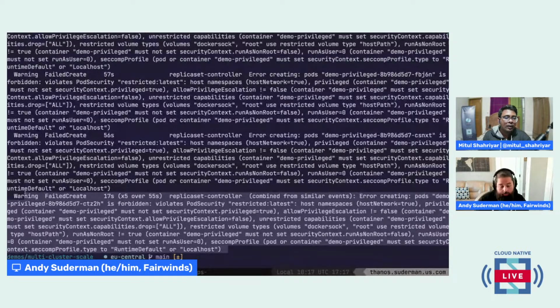The downside here is there are no exceptions to this. Once you've labeled that namespace, you can't write an exception that allows a deployment to be created that violates these rules. You can't change the rules. All you can do is move between those different tiers. And so this is potentially, again, a very easy way to start down the policy path, maybe have some baseline policies that get into your app namespaces or things like that.